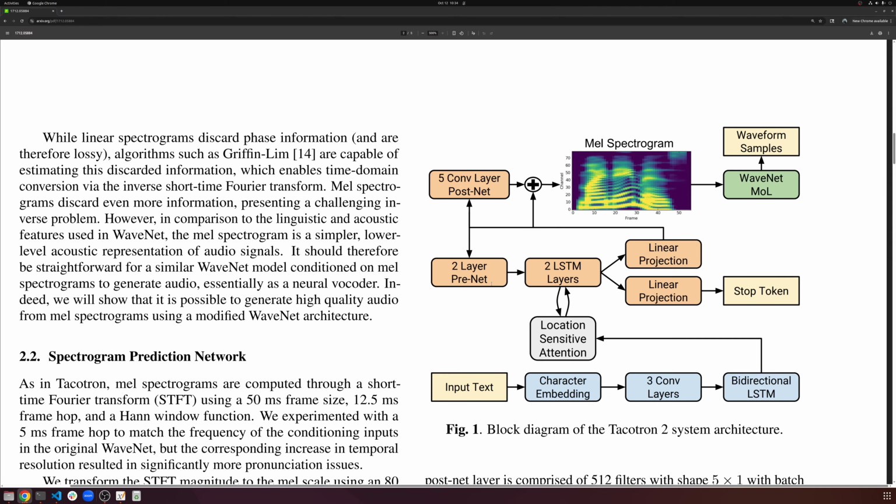And then this prenet goes through 2 different LSTM layers that have this thing called location sensitive attention. Location sensitive attention is different from the standard attention mechanism that we've become accustomed to with transformers. So we'll unpack that as we implement it. And then we produce an output. This will produce basically one vector goes in, one vector time step comes out. And then 2 things happen with this vector. One, it goes to a linear projection to predict,